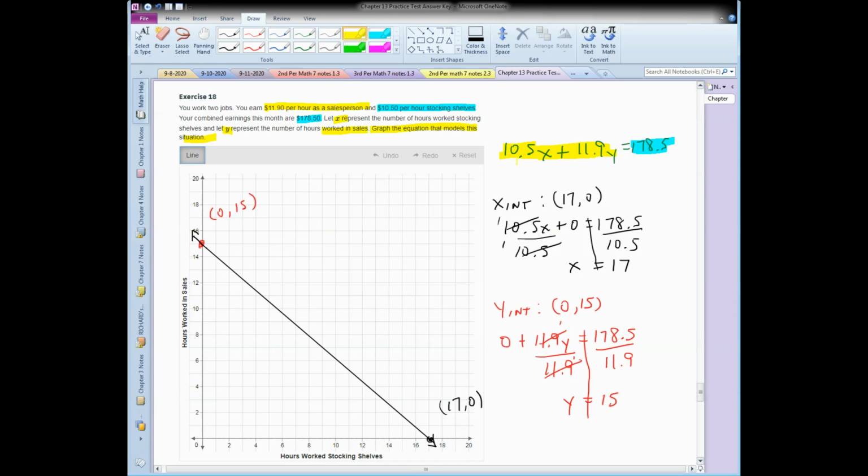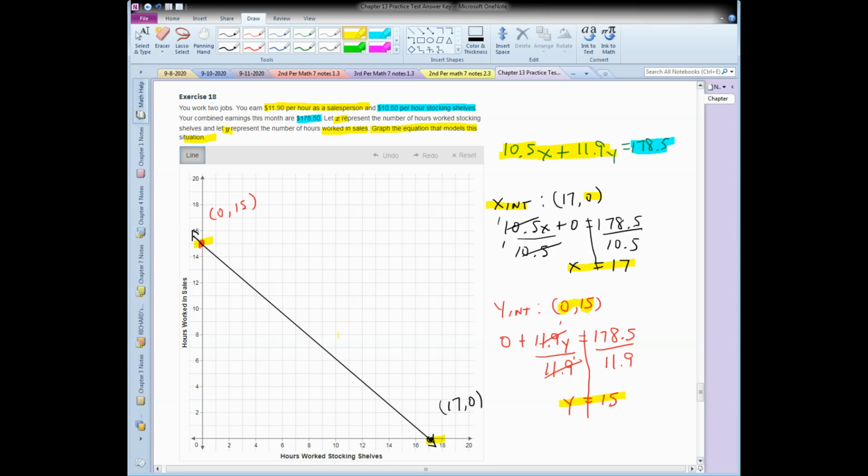And so I find the x-intercept and I find the y-intercept. And notice I did the work here. The x-intercept is when y equals 0. What does x equal? So we calculate that, and I plot that point. The y-intercept is when x equals 0. What does y equal? So I use the equation and I calculate that, and I plot that point. And then I just connect them. Okay. So there is a graph that shows how much I make,